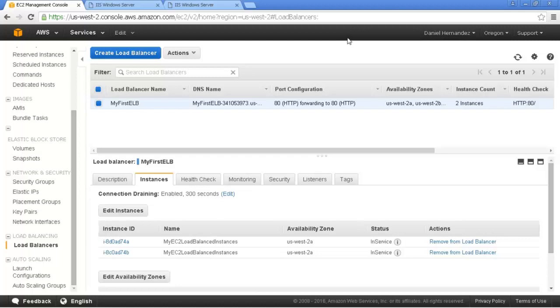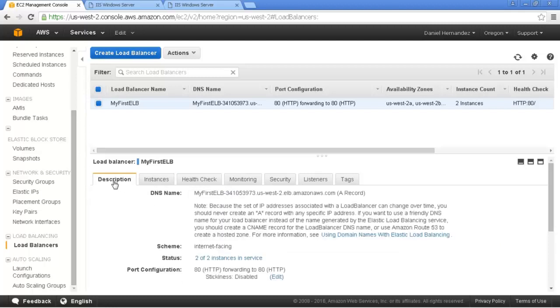Okay, once the health status of the EC2 instances is in service,